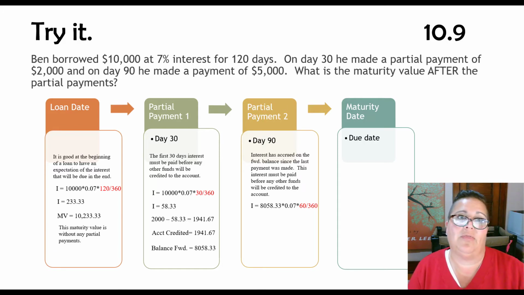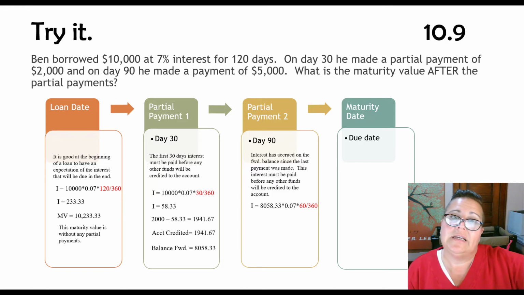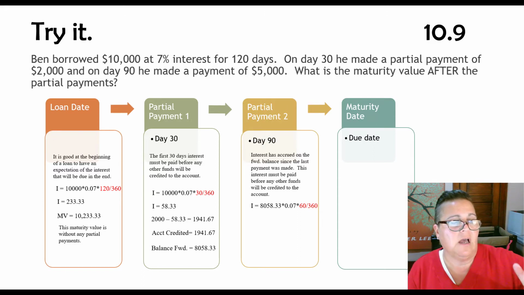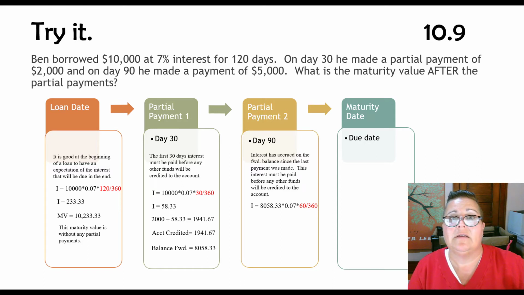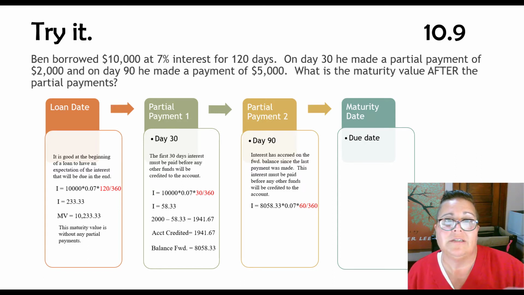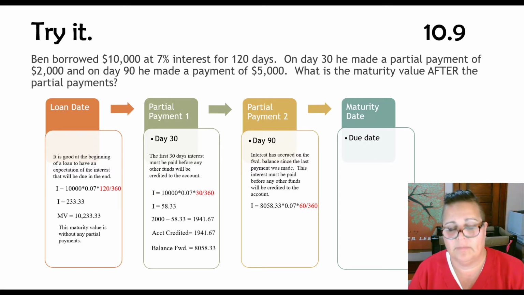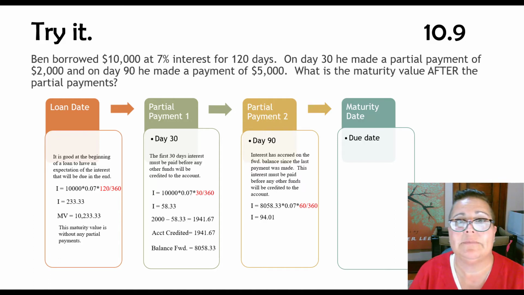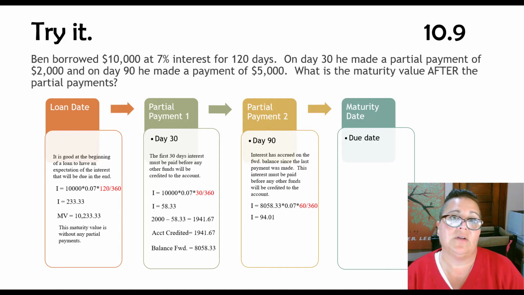Because we made a payment at 30 days, and at 30 days they paid the interest on the first 30 days. I don't want to get charged for that interest again, so they only owe interest on the days between 30 and 90. There's 60 days between 30 and 90. So our time in this part of the loan is 60 over 360. If I multiply that out, I get $94.01, which means $94.01 is going to be subtracted off of the payment